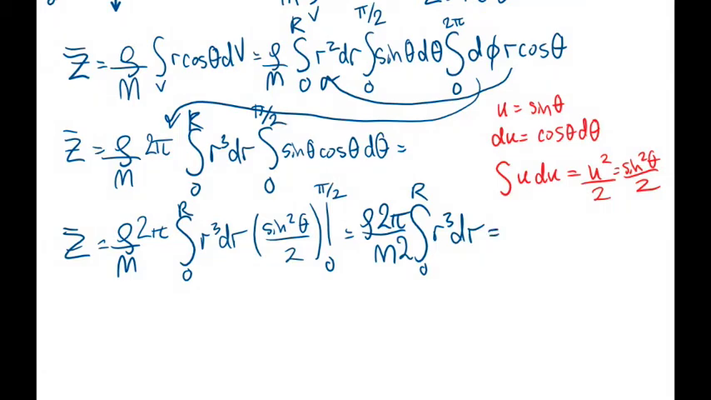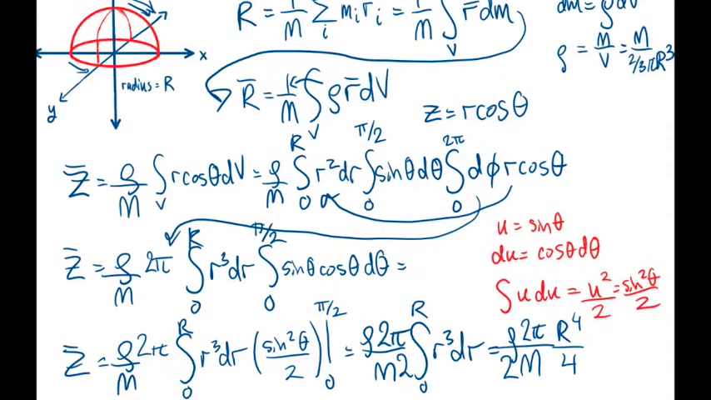So we'll do the next integral here. So we've got 2 pi over 2m. We'll cancel those in a second, and we're integrating r cubed dr from 0 to r. That'll give us capital R to the 4th over 4. So our end result for the center of mass in Z is,